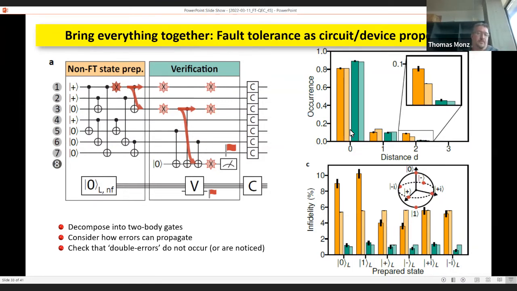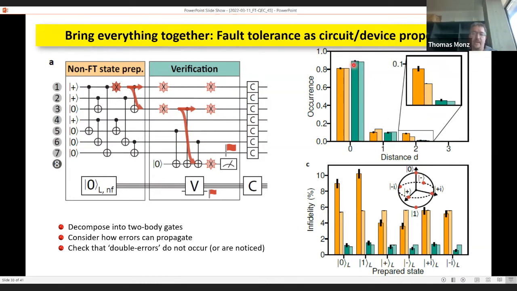That would be unreasonable, like the device is not perfect. You will have some errors, but ideally for this 7-qubit color code, you are at most allowed to have a single error. And you are not allowed to have 2-qubit errors, and you're not allowed to have 3 errors in your system. And so what you can see is the yellow is everything from this non-fault tolerant state preparation, and the green